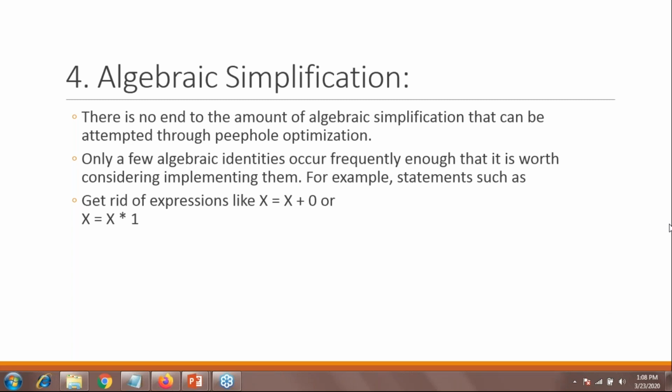How will the question be in the exam for peephole? Explain peephole. What is peephole? And explain the characteristics of peephole optimization with a small example. Am I clear? I'll explain machine items. We are remaining with this. Now, what are the machine items?